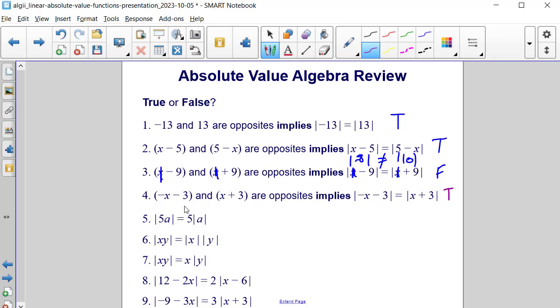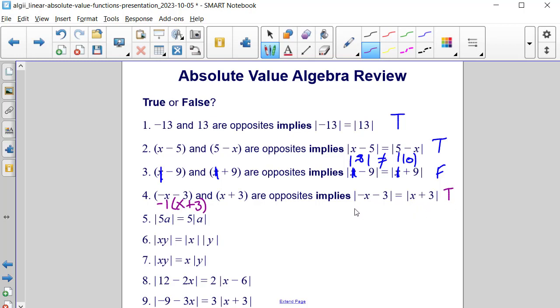And the reason we can say that is we could actually factor out a negative 1 from our first set of terms here, whether it's inside the parentheses or inside the absolute value. If we do it from the parentheses and we factor out a negative 1, we'll then have x plus 3. So the negative of x plus 3 and x plus 3 are opposites. That's true. And then if you take the absolute value of opposites, they will be equal to one another,